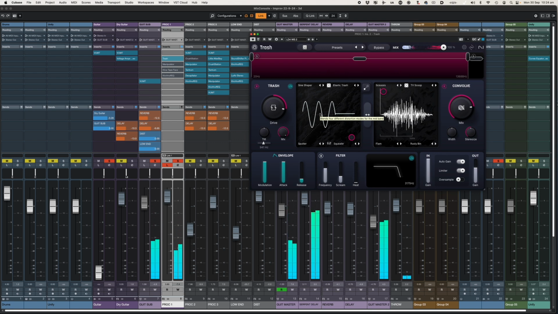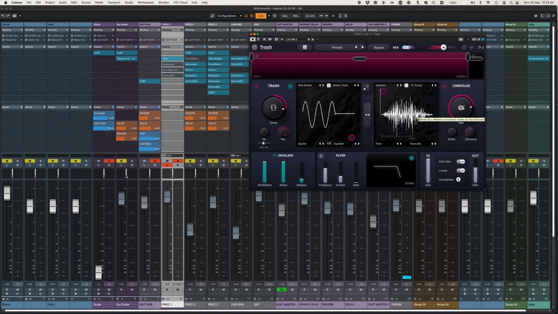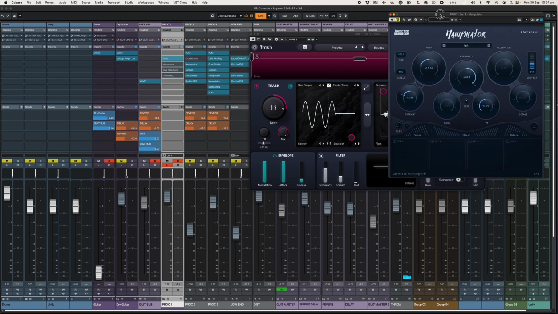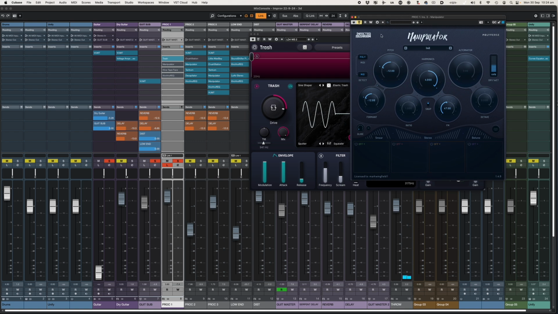So I've really crushed and squashed that guitar sound into a kind of, it's wave shaped, and then it's got an impulse response that it's going through that's kind of squashed it down into this kind of tight sound. And then next I've got Manipulator, which is from Polyverse, which is